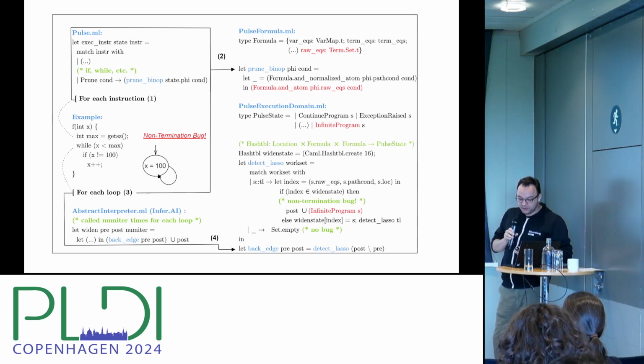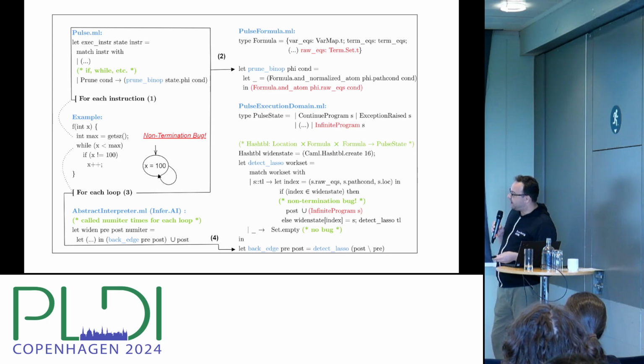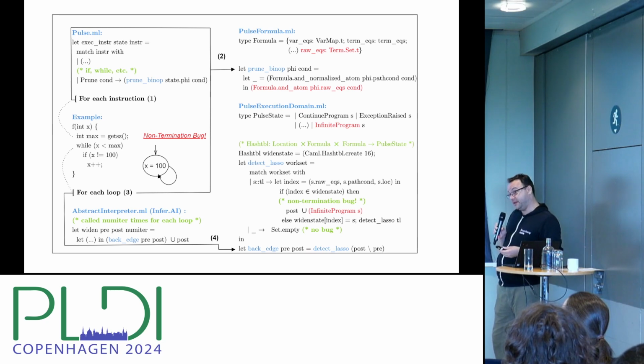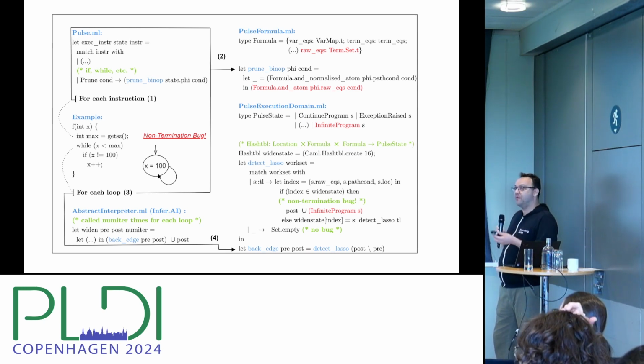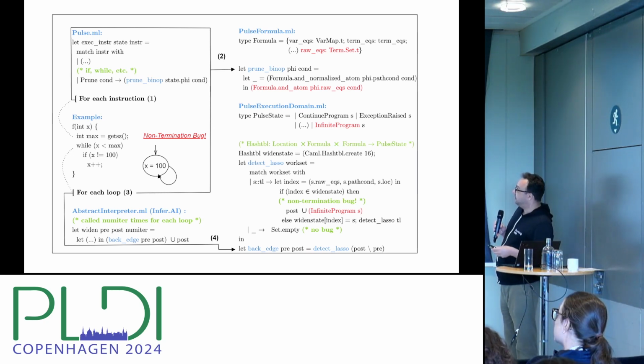The reason for this is that we want to be able to find those cycles, in those lasso properties, as we call them. On our small example here, you have a small loop: while x is smaller than max, if x is different than 100, x plus plus. Obviously, this is going to iterate a number of times, but when it reaches the state where x equals 100, it's not going to increment x. That's just a toy example to explain. What this results in is a state space where you get into a state where x equals 100 and you just have a loop on that state. So it gets to an infinite diverging behavior, right? And so